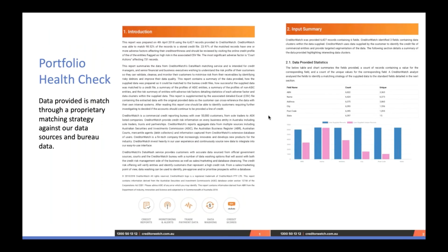So some example reporting that we've pulled. When you perform a portfolio health check, you get this really nice PDF that is sent through to you that you can utilize internally. It is great to pass on to, for example, your CFO, finance manager, CEO, MD, whoever it is, up to management, even board level, because it is really sophisticated, really professional looking, brings in all of this information to show you what's good, what's bad, where have we got some opportunities, where have we got some threats, that sort of thing,